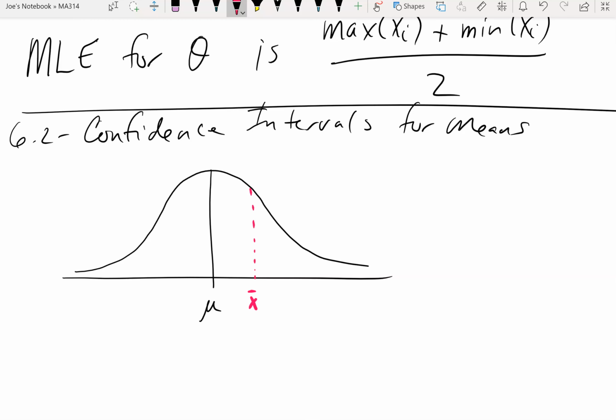You want that distance to be small, but also likely, right? That's the idea. If I were trying to find the probability associated with that particular sample mean,